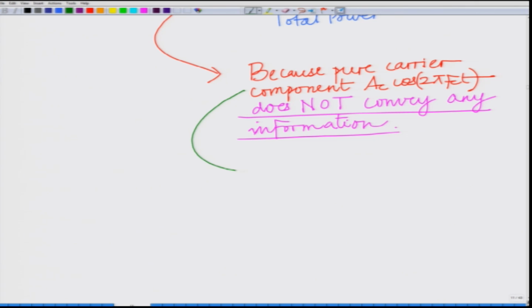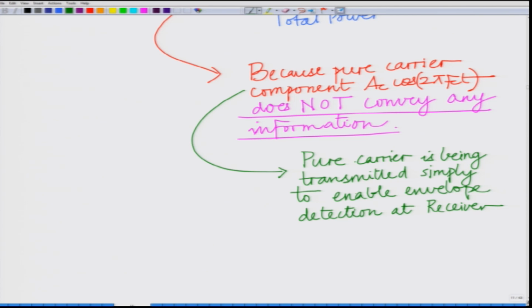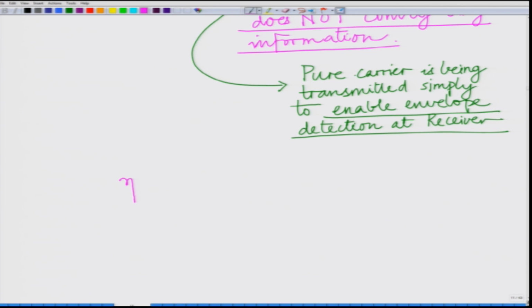That is the reason why the carrier component is being transmitted, alright. So, you will realize that if there is no information, why is the pure carrier being transmitted? It is being transmitted simply to enable envelope detection at the receiver, and therefore, eta, that is the efficiency, is